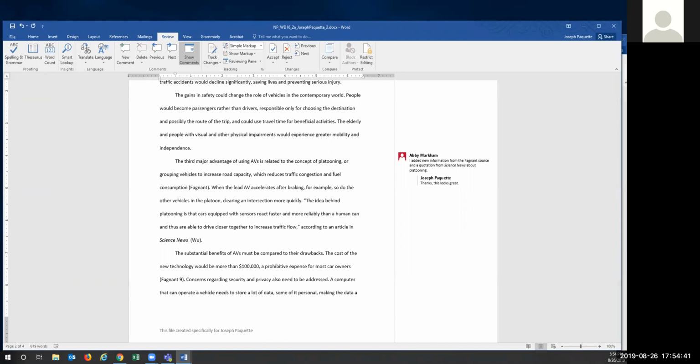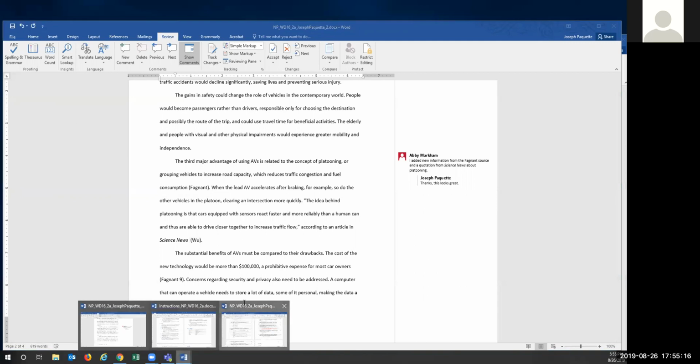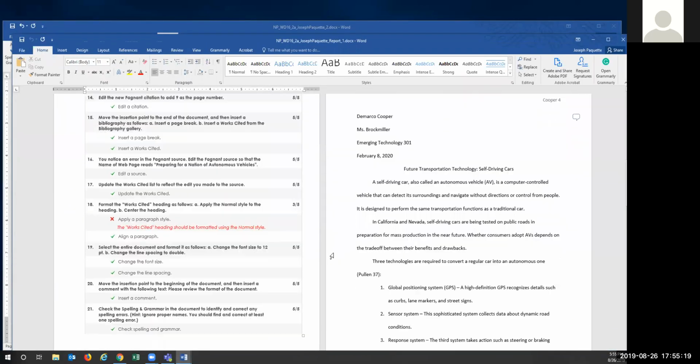All right, because number 11 said, in the same paragraph, move the insertion point before the period in the sentence, the idea of platooning. Yeah, the idea. So not before this paragraph, but at the end of the paragraph. Move the insertion point before the period in the sentence. So I just read that wrong, but that should be good there. All right, what's our other one say? So that should fix that one. And then